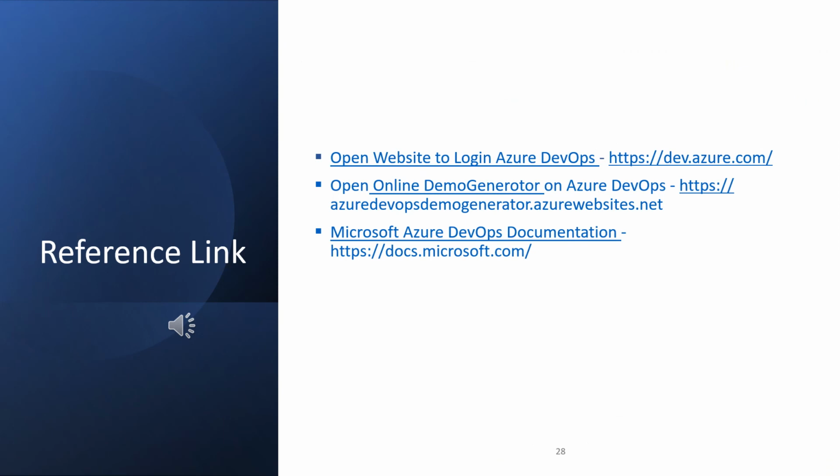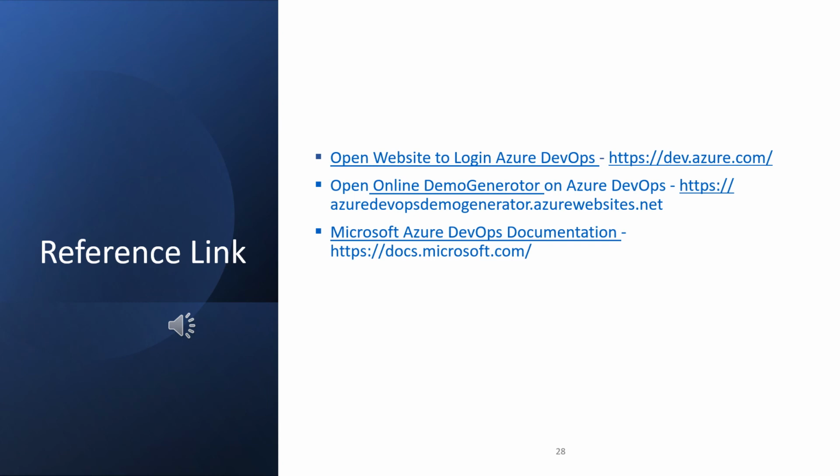We are going to the reference links. Here I have given you, you can move to the index if you need to review any slide. And when you click on how to start with the Azure DevOps board, you will get a login link, and you can click and it will navigate to dev.azure.com, and then demo generator, it will show you how you can create your Azure boards with Parts Unlimited and agile portfolio planning and project management.